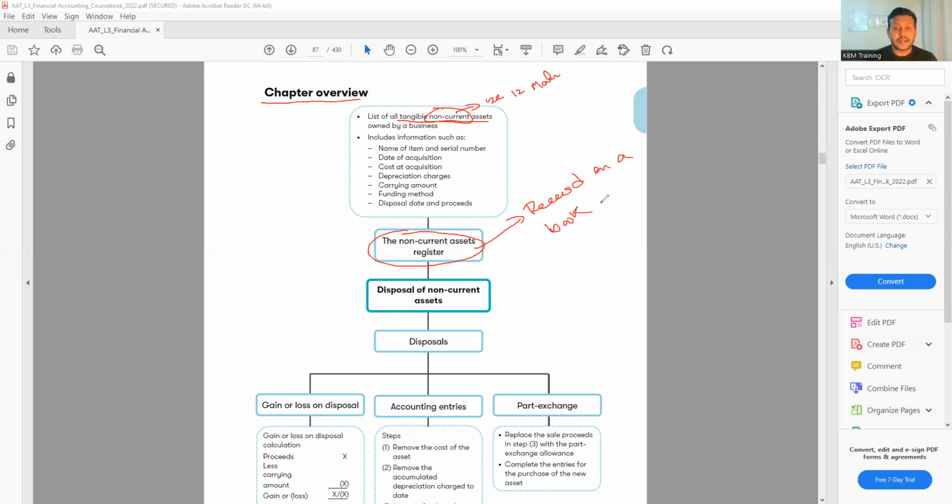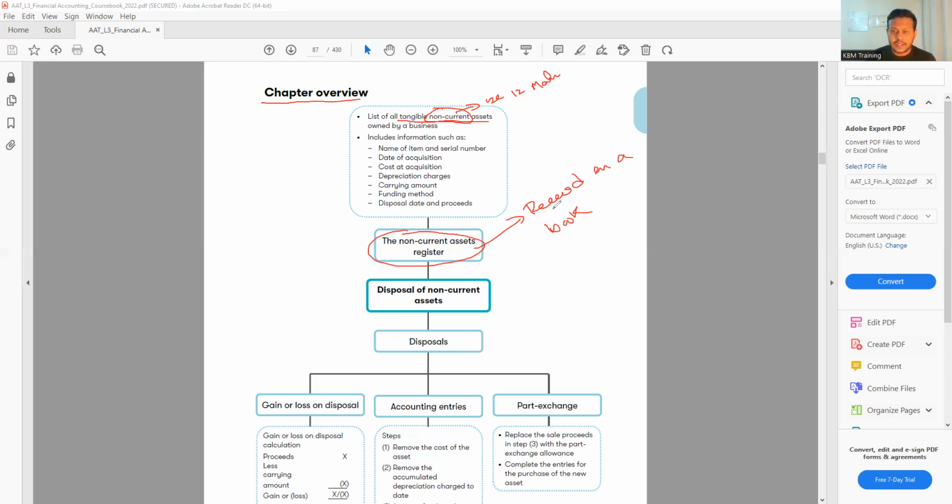So when you buy any non-current asset, we record it in a book because we need to know how many assets we have bought so far, how many assets we have sold, and how many assets we have in the business. For that reason, we have to keep a record of all the non-current assets. Now, when I say book, it doesn't mean it has to be written on paper. It could be in software, it could be in Excel. Anywhere you write it down, but we have to follow a specific template. So you're going to see how to record all of this.